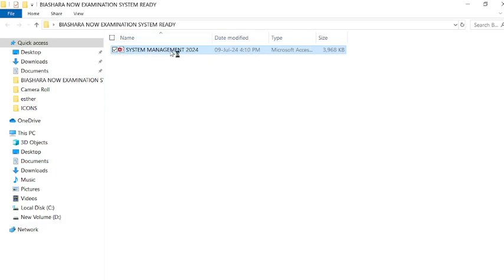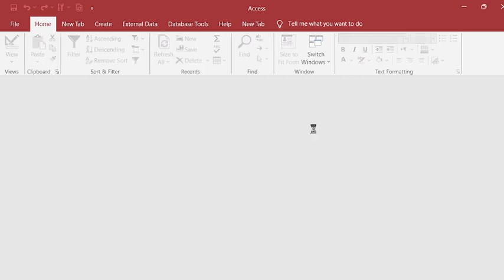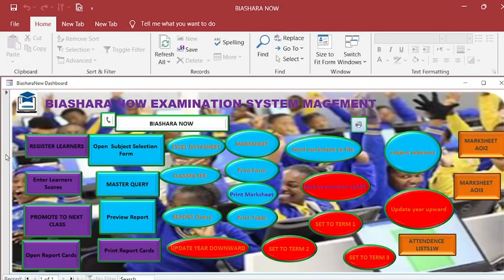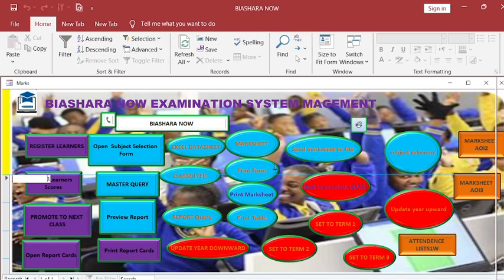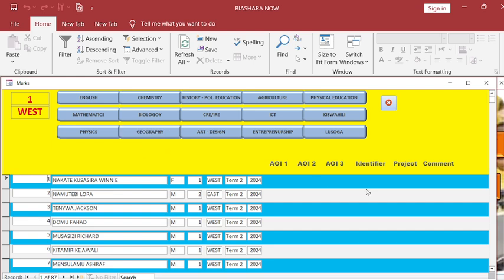Okay, we have just closed the completed. Then let us go. You can go back to enter learners' scores. You want to enter the scores of the learners. You can click, because now you are during the period of examination, putting the activity of integration. You click there, then it opens here. You can click the subject you want to enter the marks for. For example, English. When you click here,